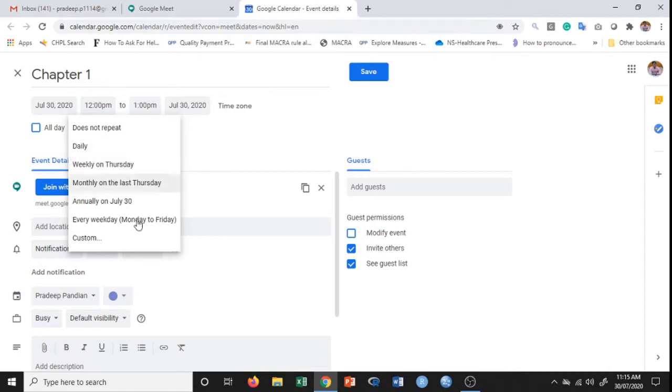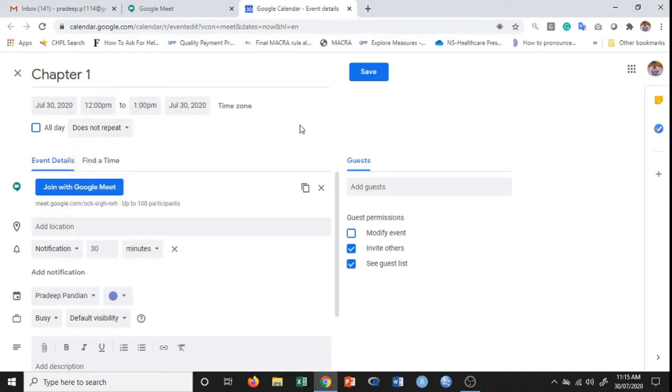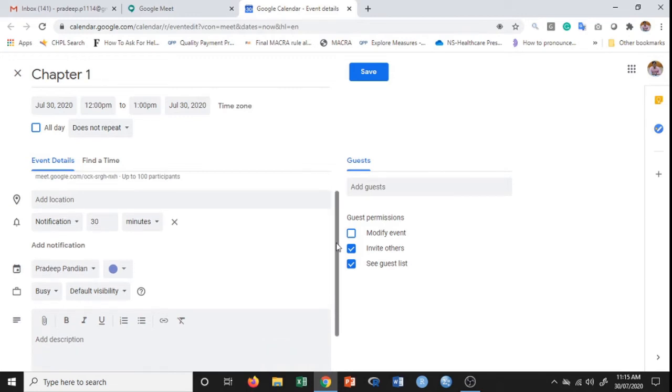You can enable that option, and you have another option as well, custom. You can customize your meeting by clicking on this. You need to select date and time. Say for example, on Mondays I have classes from 10 to 11 p.m., on Tuesday 2 to 3 p.m., and on Thursday at some other time, and you can custom select it. You need not invite the students or create the meeting time and again. So that is one option.